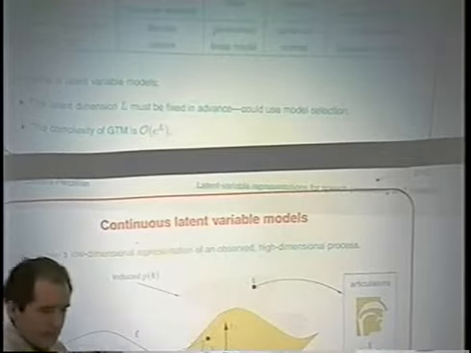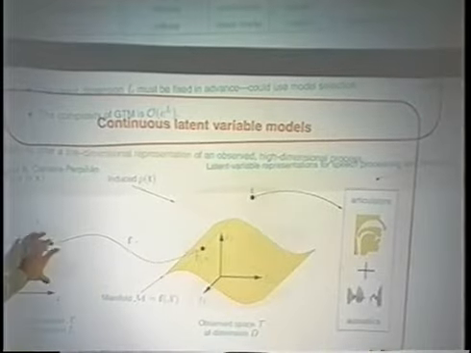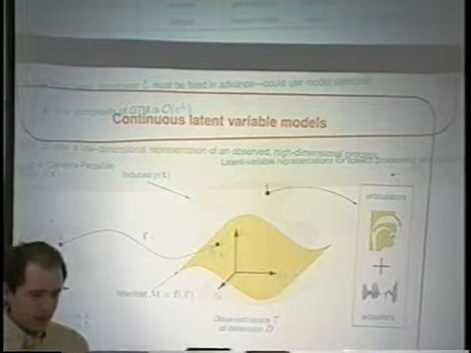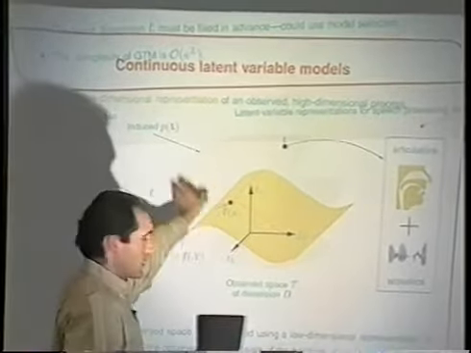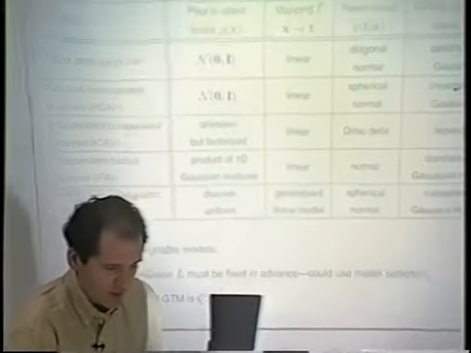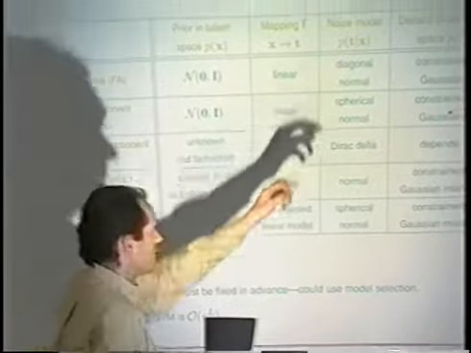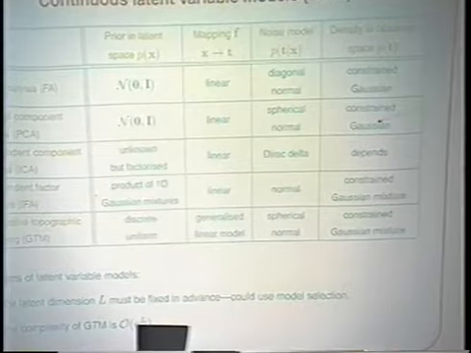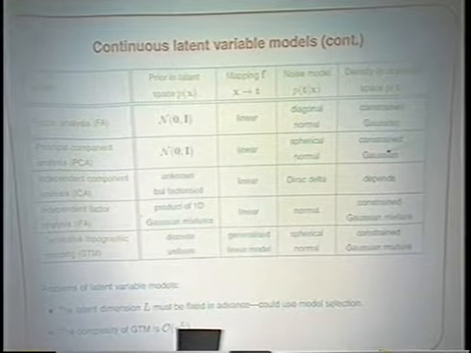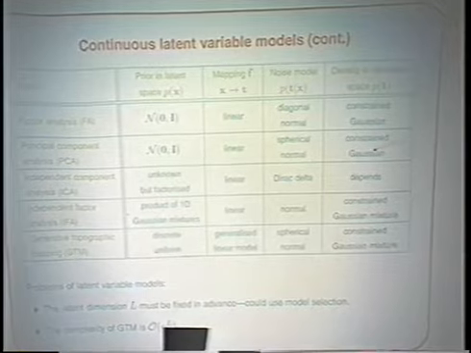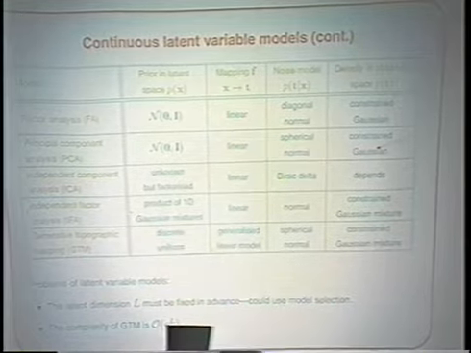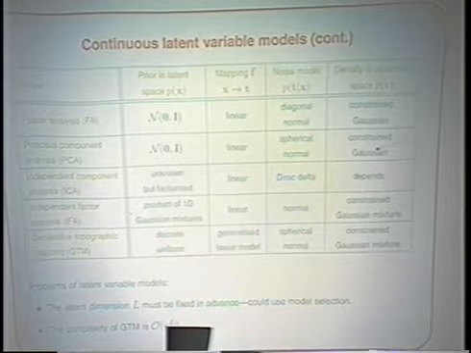Given that I have said that I have a normal distribution here, that this is linear, and that I have a normal noise model there, how does the P of t look like once I take it out? Well, it is a constrained Gaussian. That means it's going to be Gaussian, but it cannot have any covariance matrix. It's going to be aligned in a specific way. It's going to be using fewer parameters than a full Gaussian. And that's because we are representing them in this low-dimensional space.